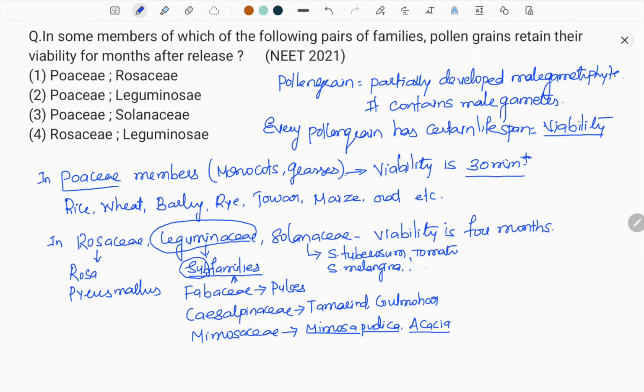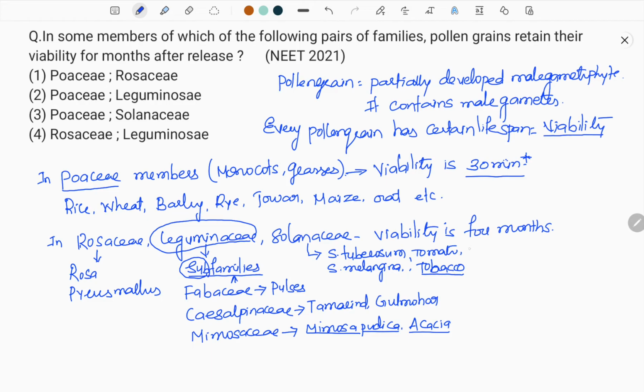And we have tobacco, I think you know very well. Tobacco leaves are commercially used for making cigars and all that. In tobacco, nicotine, an alkaloid, is obtained that causes cancer also. And tobacco is a fumigatory in the economic importance of families. Do remember, tobacco is fumigatory. Nicotine is obtained from tobacco.